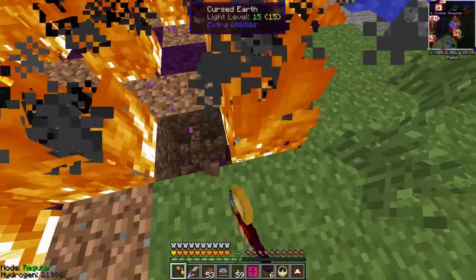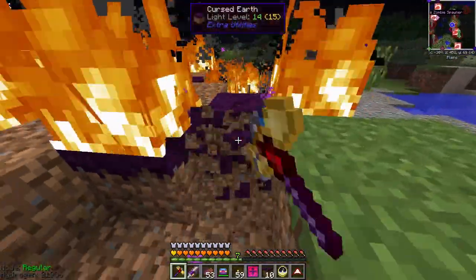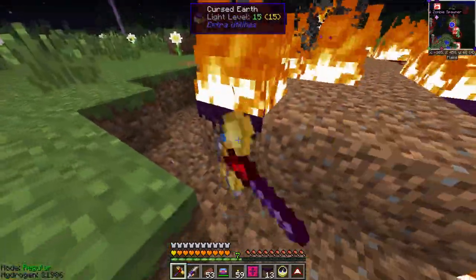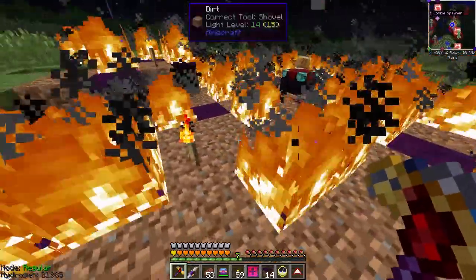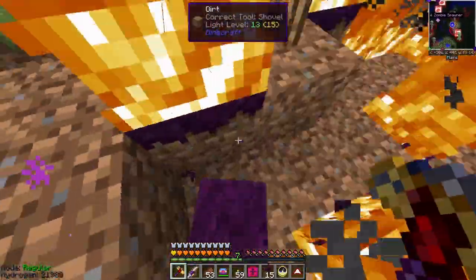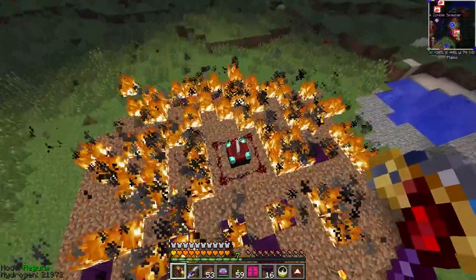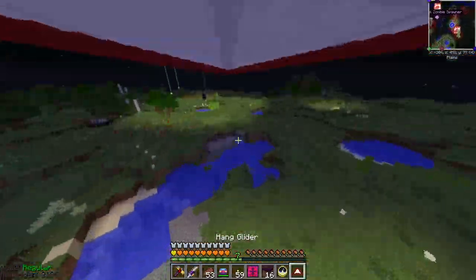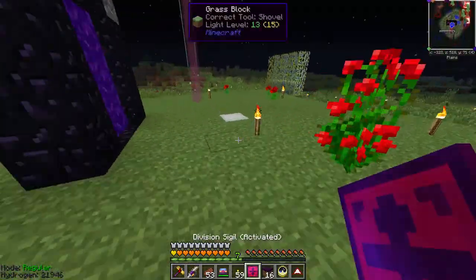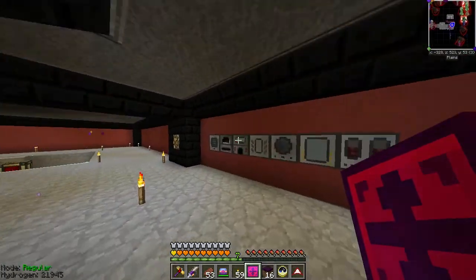And then, you know, cursed earth. It's going to be good because, as you just saw, it spawns mobs at no cost of spawning, it just spawns mobs. So that's really cool. I've got 15 of it now. I'm going to leave that there. But now we have that plus an activated sigil. So now that we've got